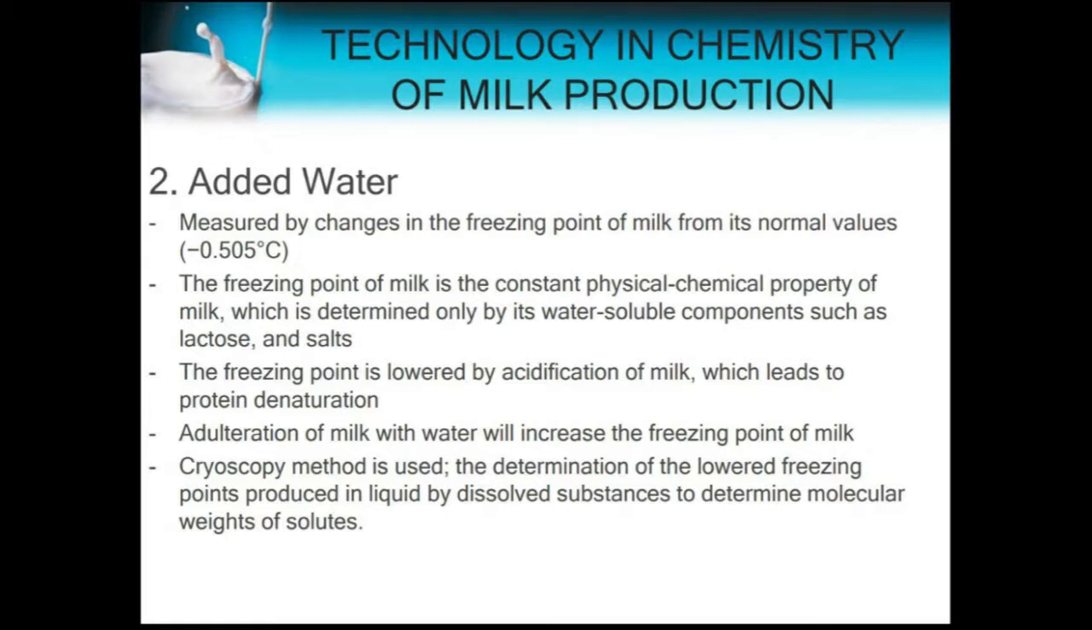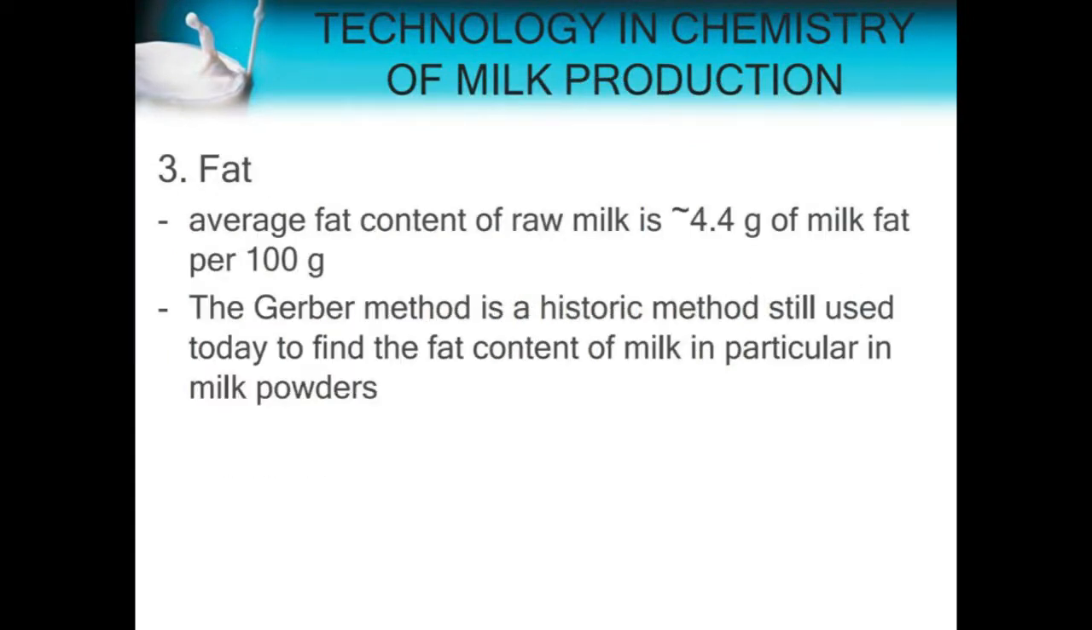The freezing point can be lowered by acidification of milk, which leads to protein denaturation, while adulteration of milk with water will increase the freezing point. The method used to measure the freezing point is cryoscopy. It is the determination of the lowered freezing points produced in liquid by dissolved substances to determine molecular weights of solute. Next is fat. The average fat content of raw milk is approximately 4.4 grams of milk fat per 100